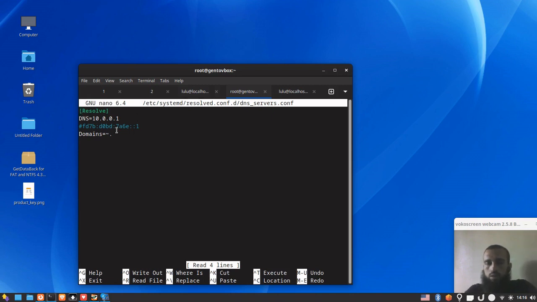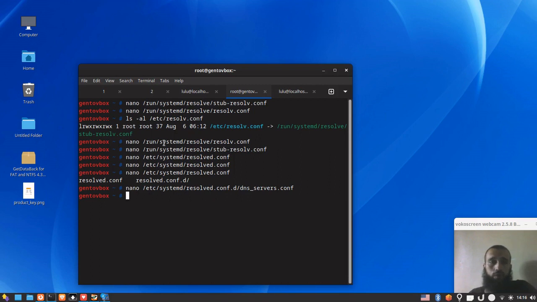Okay, so you need to consider these 4 files, or these 4 methods, in order to be able to configure DNS correctly. If you want to restart the service, you run systemctl restart, just like you restart any service. Restart systemd-resolved,